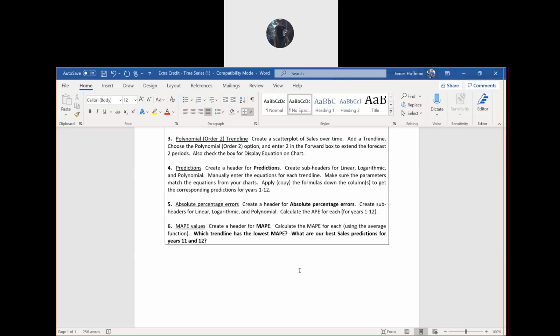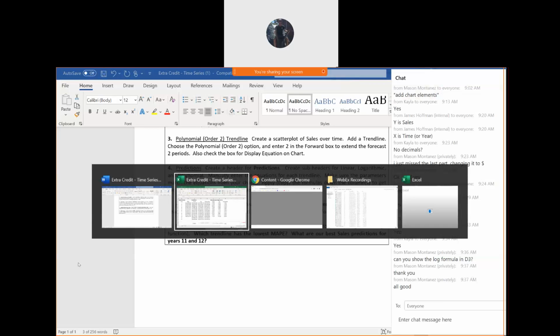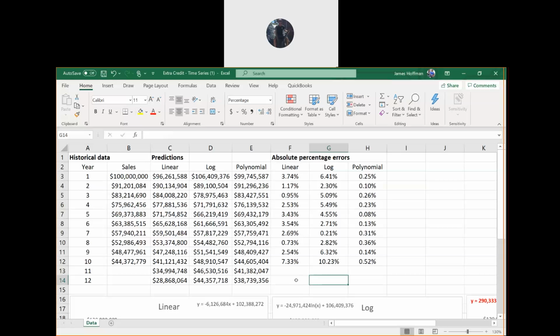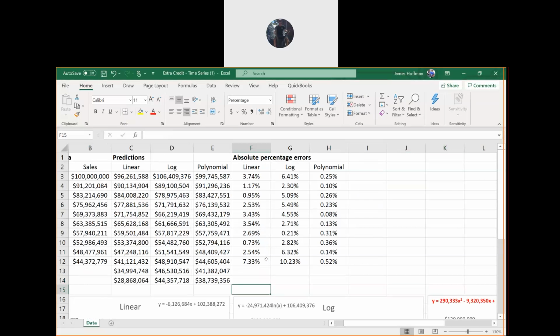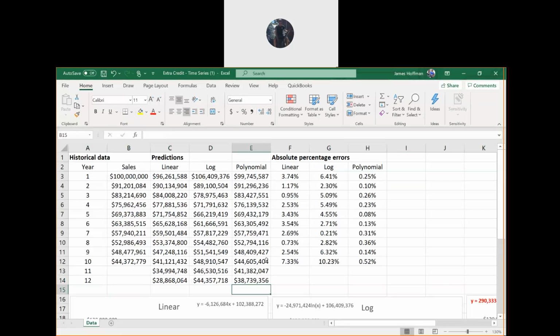All right, just using the average function. So let's get the average of each of the ranges of APEs and then compare them, and then choose our best prediction. Okay, so we can do this maybe here in F15.